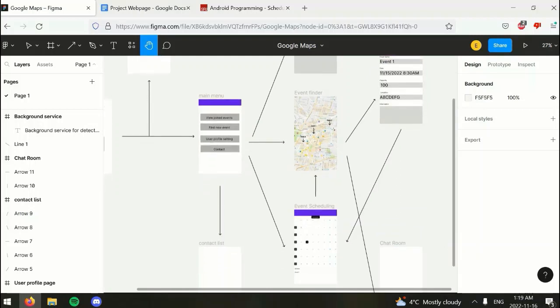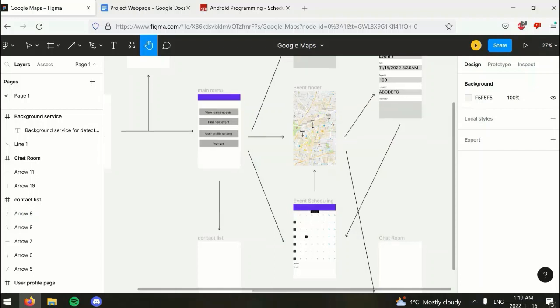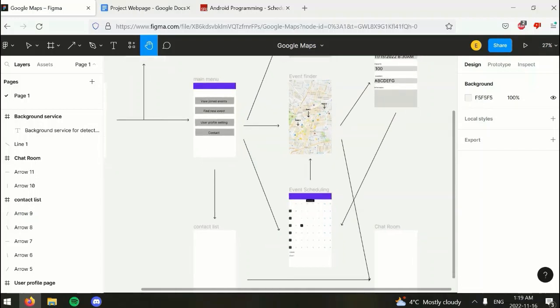And we have an event scheduling section. This section manages all the events users have attended, previously attended, or are planning to join. And this is also the main part of the project, as we will try to see if users have any conflict event or not.